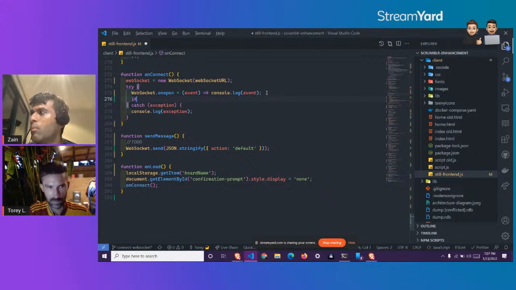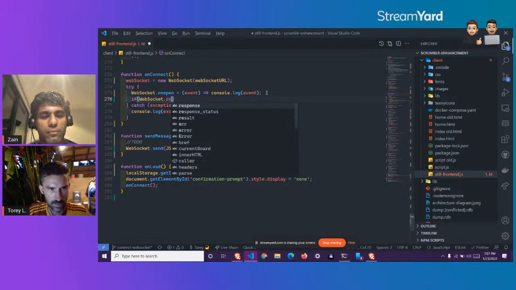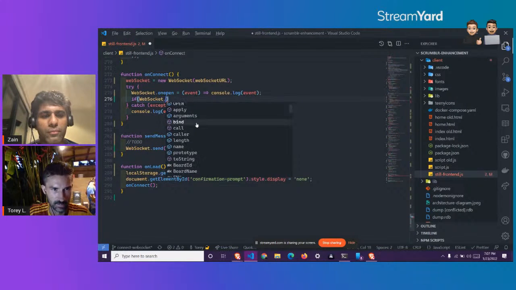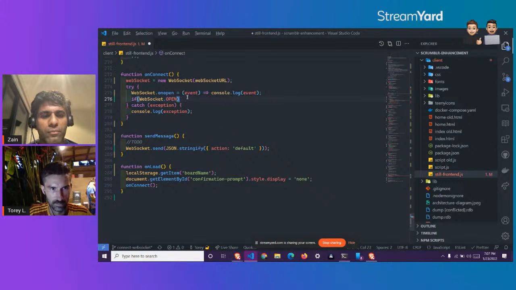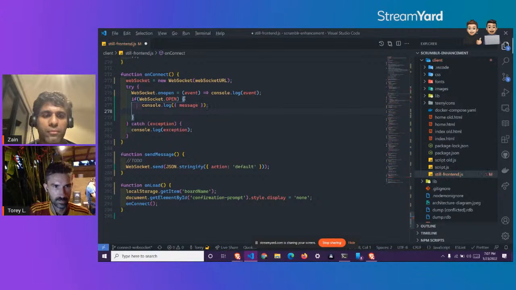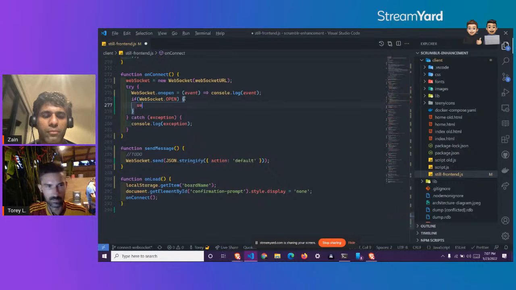I think there's a thing called is ready. You can check if it's open, and then if it is, you can do that send message function. You don't have to do it this way, honestly.